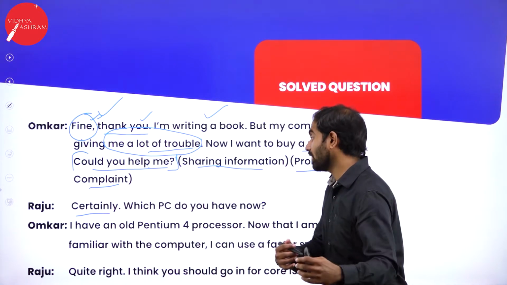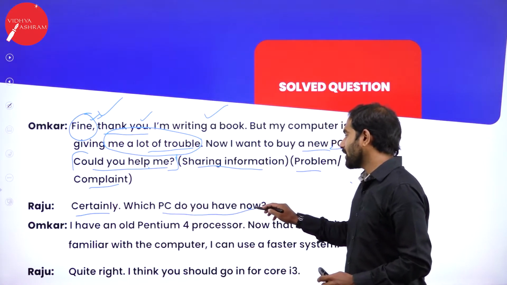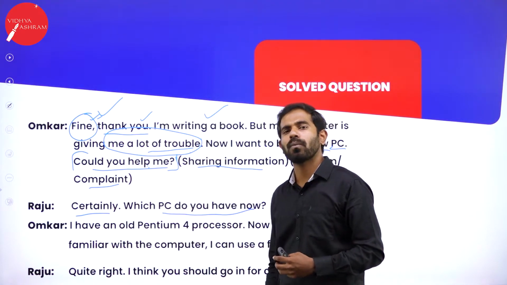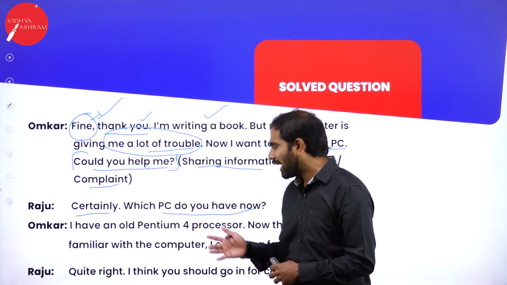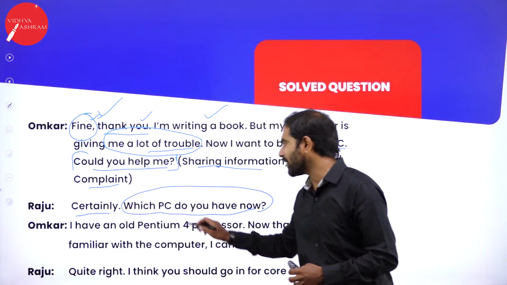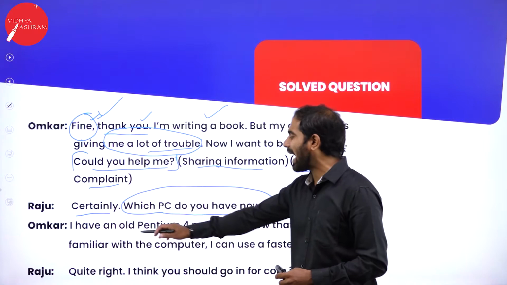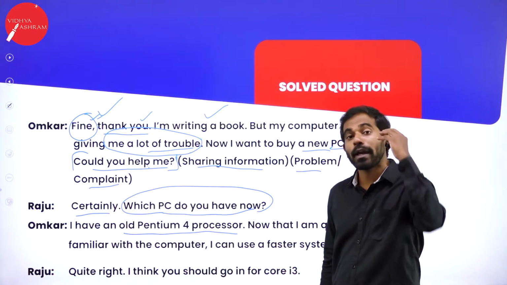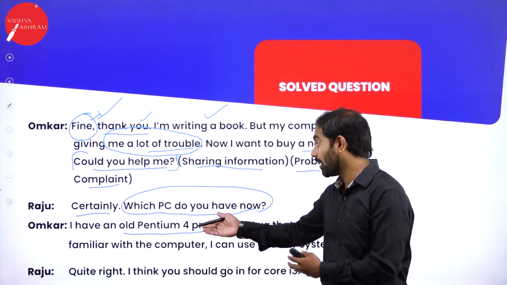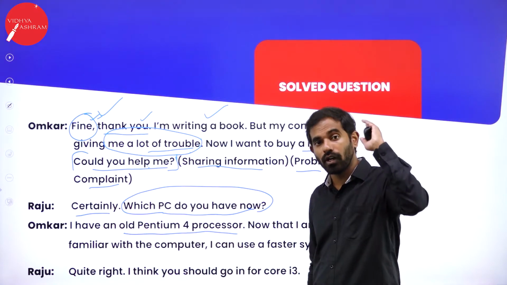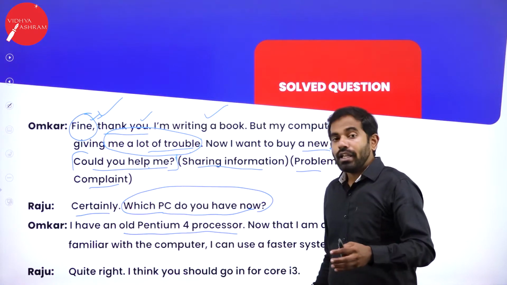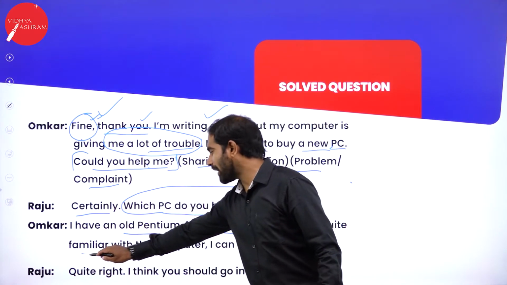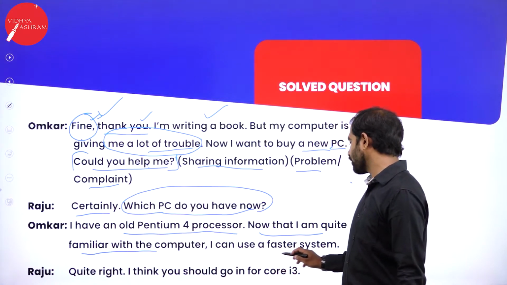And Raju says, certainly, which PC do you have now? He is inquiring. Now, you said there is a lot of problem with the PC you already have. And what is the configuration? He wants to know which PC do you have now. Omkar says, I have an old Pentium 4 processor. He says, old Pentium. My God, maybe it was the first computer that I've ever heard of. Old Pentium. Maybe not that. Even older than that. Now that I'm quite familiar with the computer,